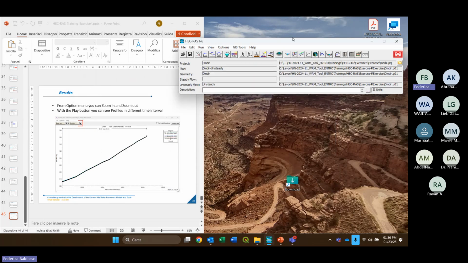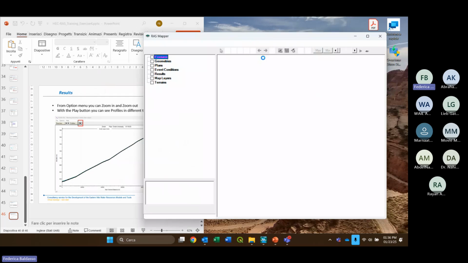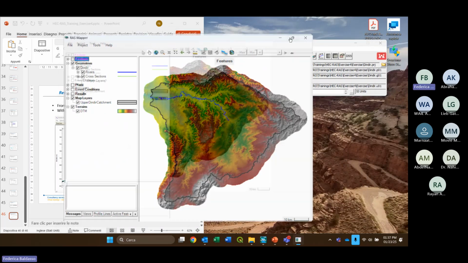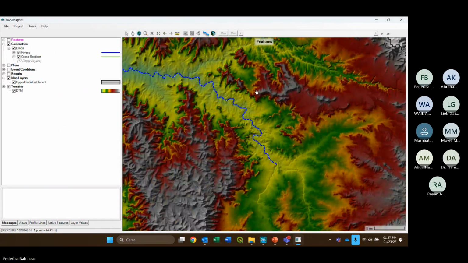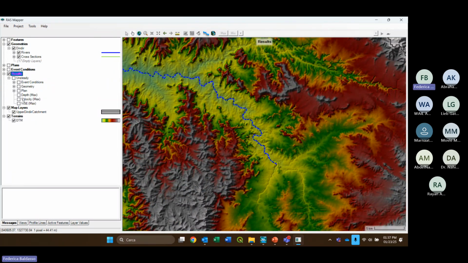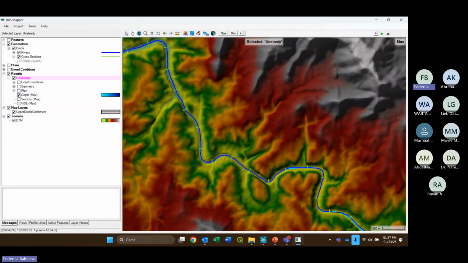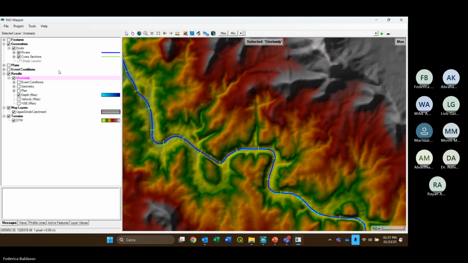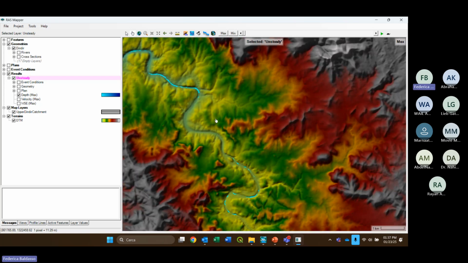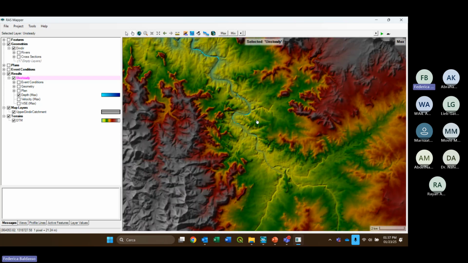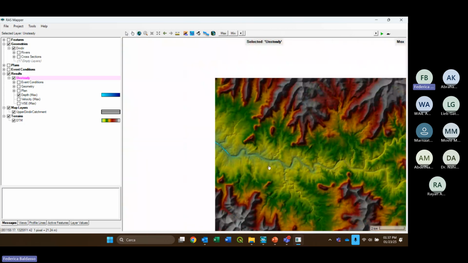If you want, you can also check the results from the RAS Mapper. Let's have a look from here. If you turn on the results layer, you will have a layer for the unsteady flow simulation, and inside this, you can plot, for example, the depth, turn off the other. In this case, the results are not so good, because